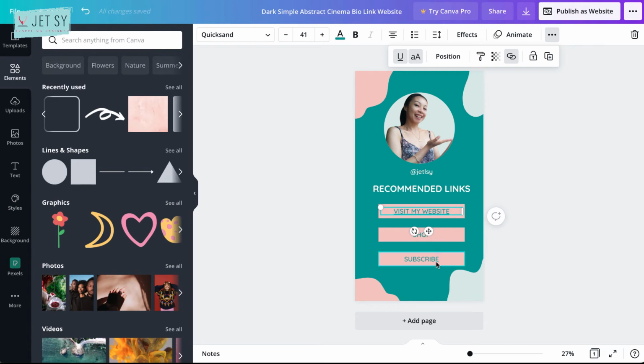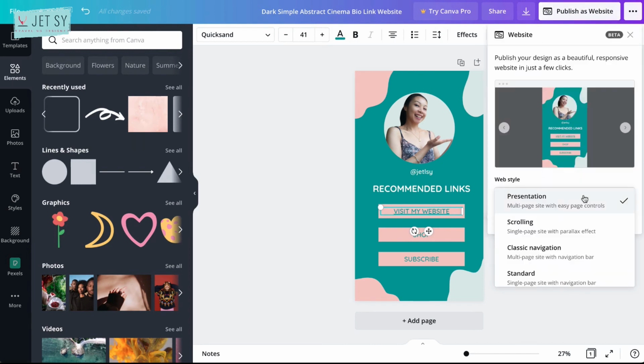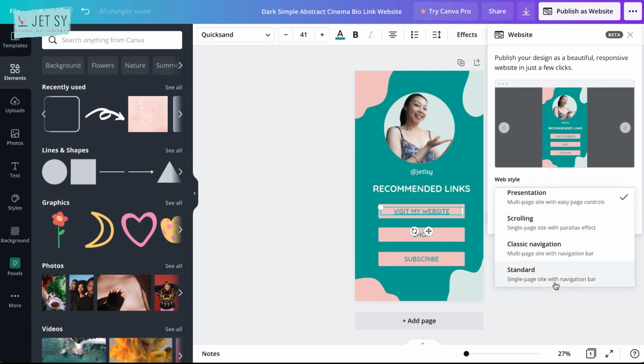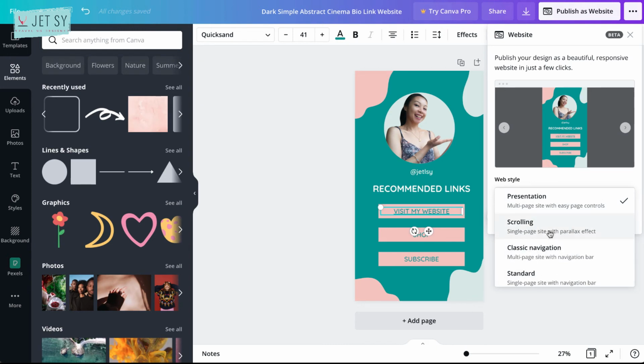And you have to do the same on the other ones. And you can customize this for anything that you want to include in the link in your bio. You can also put all social media icons over here or somewhere in your website. And once you've got it ready to share, just click on Publish as Website. You can change how it's presented. It could be presentation, scrolling, classic navigation, and standard. So I'm just going to choose scrolling,